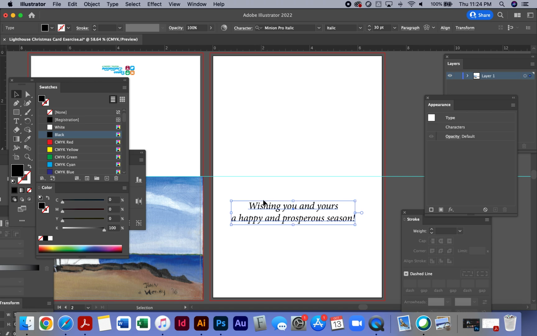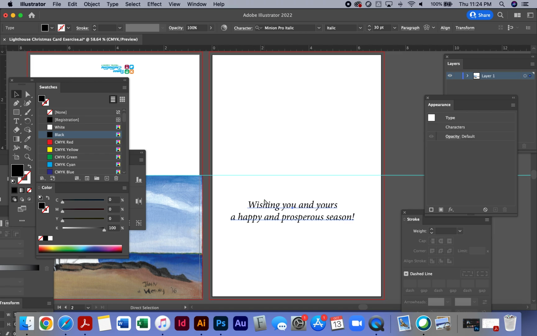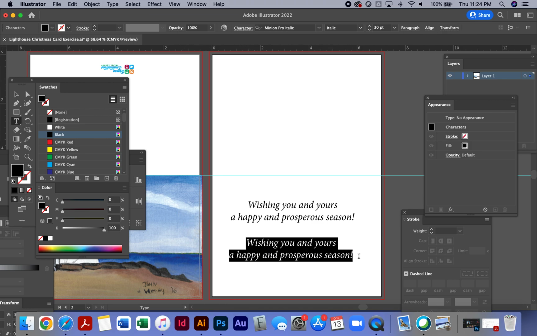And then to create more text, you don't need to use the type tool again. You can always just do cut and paste, or copy and paste. Command C and then Command V. This brings up a whole another line of text, so you can basically highlight and then just type new text over. So I'm going to put this from Wendy,